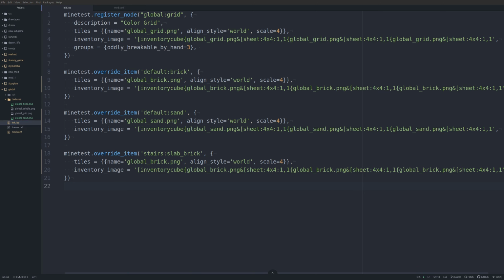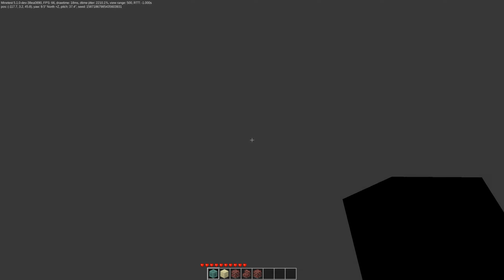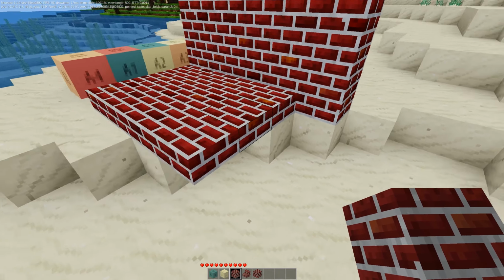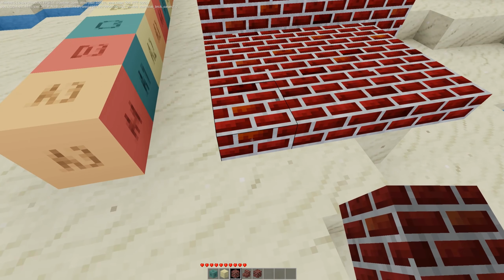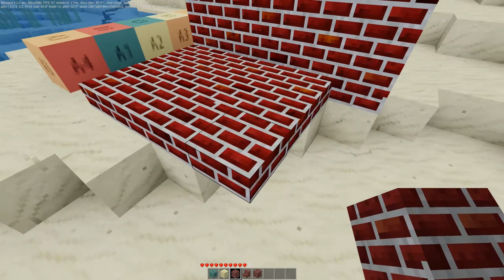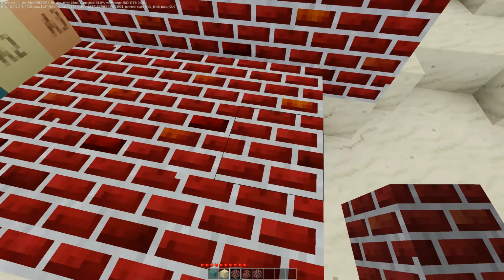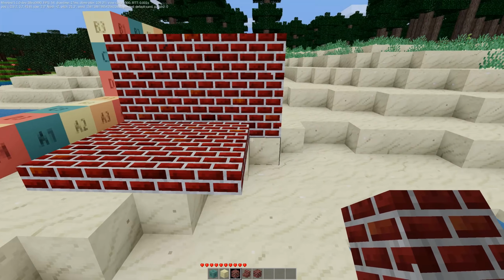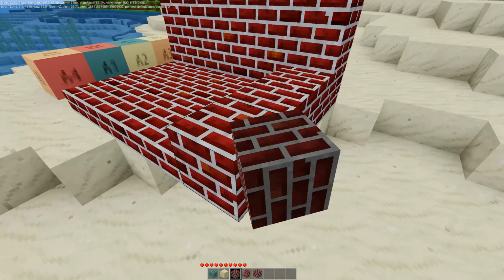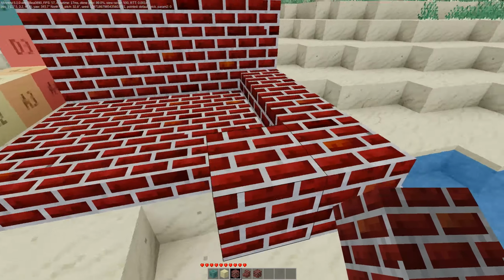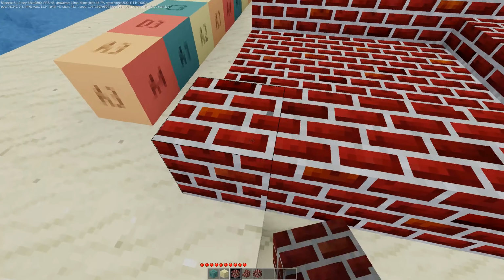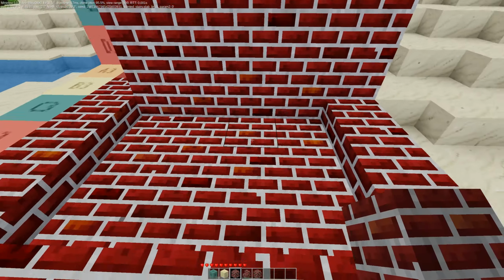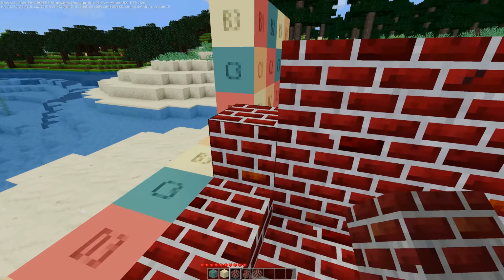So if we hop back over into Minetest and we launch this world up, you will see that these are our slabs. The sides show normal, nothing squished or stretched there. You can see we have a lighter brick here, a darker brick there, a lighter brick here. This one's got that chunk missing out of it. So yeah, you do the exact same thing for node boxes as you do for normal nodes, which makes this extremely easy. You know, it doesn't work for anything outside of these two, but